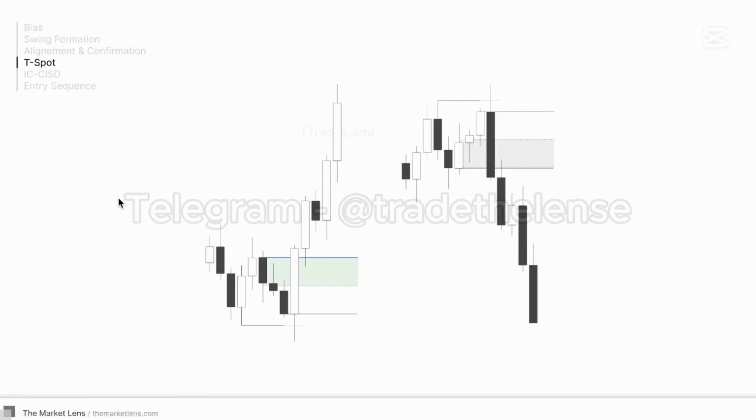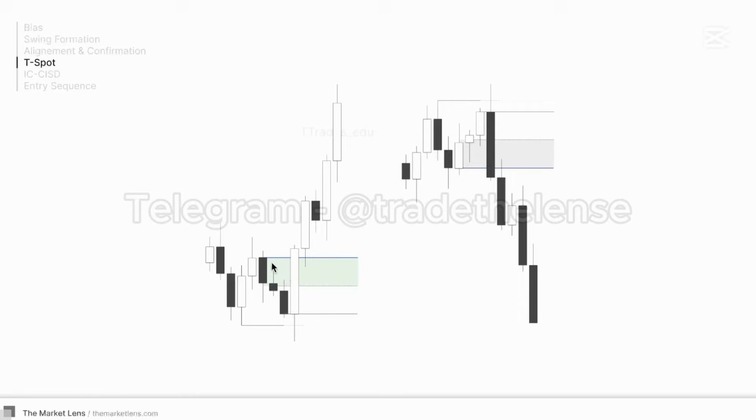So now that we have a daily bias, a swing in line with the daily bias, and our time frame is aligned, what are we going to do? We're going to figure out where we want that higher time frame wick to form. And to do this, we are going to use the T-spot, or where I want to see the wick form. And that is going to be using 0.5 of the change in the state of delivery, as well as the equilibrium sections. So to do that, we'll go ahead and mark out 0.5 of the reversal, or that change in